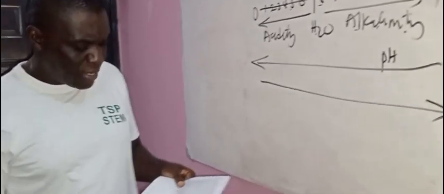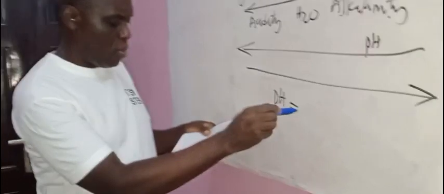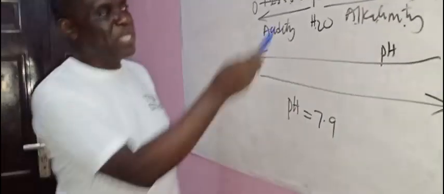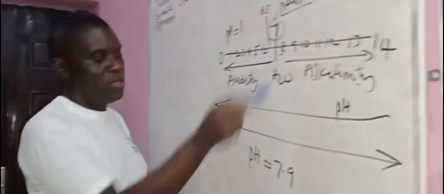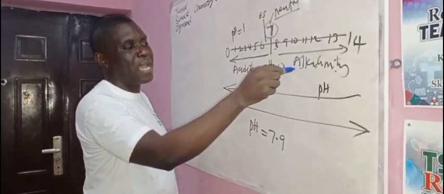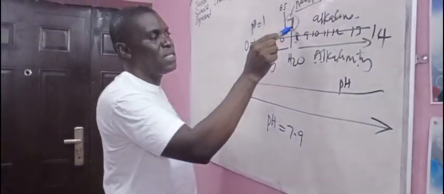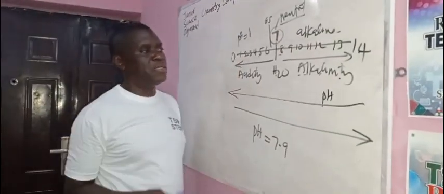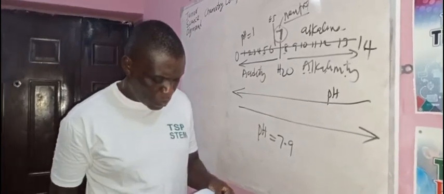Okay? Now in this question they say the solution, so they gave you a solution that has a pH of 7.9. Is 7.9 before 7 or after 7? That's after 7. So that means it has fallen into what? Alkaline, because the scale runs 7, 8, and so on this way. Anything after 7 is alkaline. Everything before 7 is acid. Okay? So they said